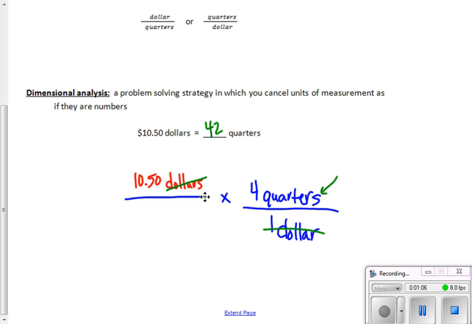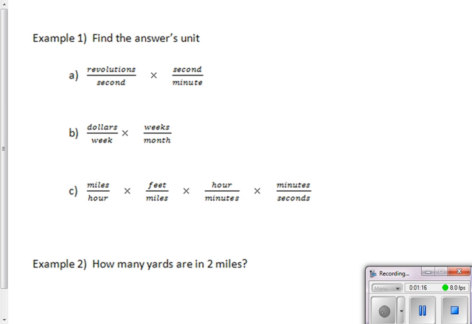Now, a lot of you could already figure I need to multiply by 4 and be done with it. As the problems become a little more difficult, you'll have to use the dimensional analysis approach. So we'll use dimensional analysis here to find the answer's unit. If you look at the operation here, it's multiplication, so it's kind of like simplifying. We can take a second off the top, a second off the bottom, and what we'd be left with would be our answer,